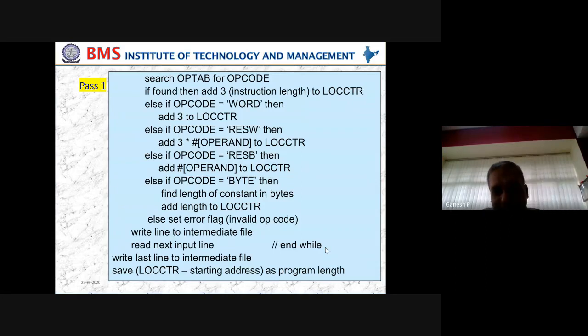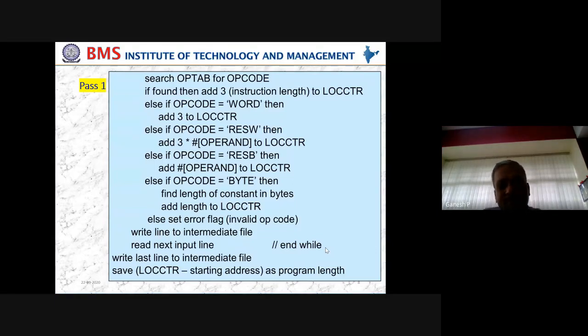So what I have done so far here is, after the opcode is over, whatever is there in the opcode may be an instruction or an assembler directive. If it is an instruction, very simple, keep adding 3. It doesn't matter which instruction we have. The only issue comes if it is an assembler directive. If it is an assembler directive, it can be word, byte, RESB, RESW. Depending upon that, we know what action needs to be taken. Whatever we know manually, we have put in the program perspective or the algorithm perspective. Nothing else we have done.